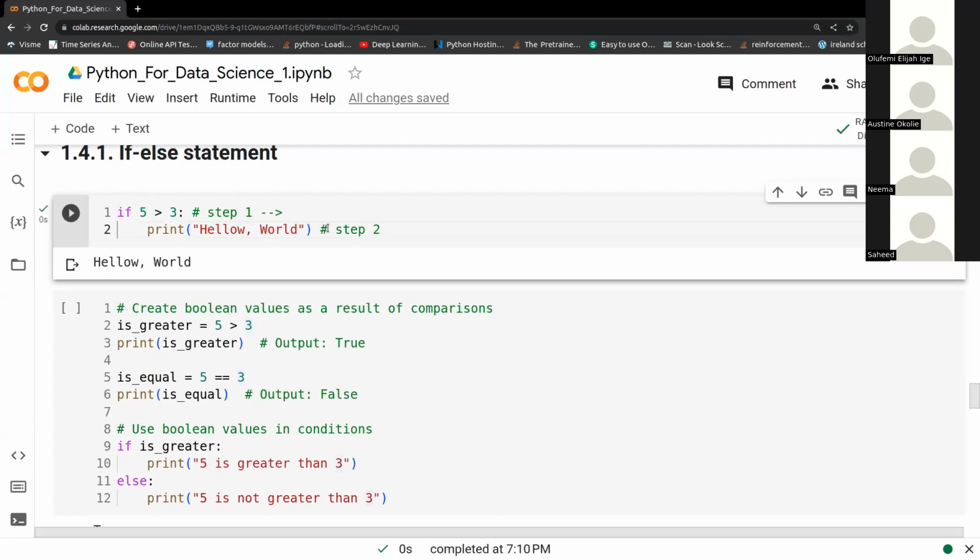And when we print this, you see hello world. The reason this is printing out hello world is just because the first line's condition is satisfied. Now let's reverse the statement: 3 greater than 5 would return false. And when something is false,